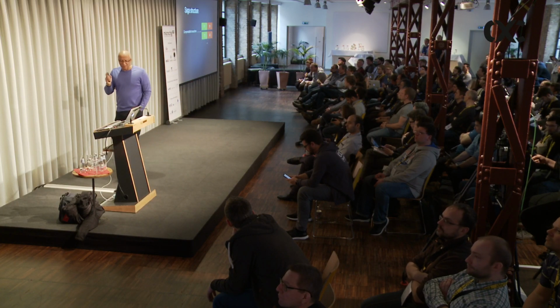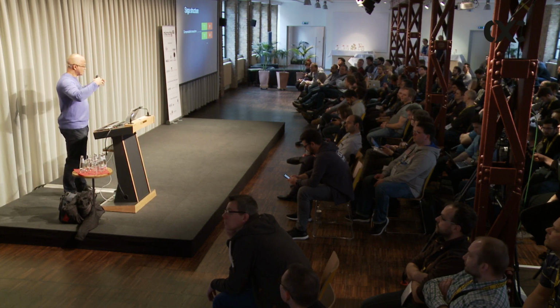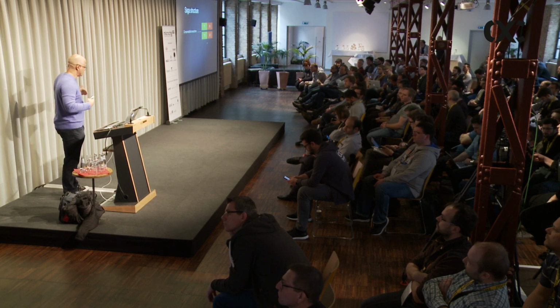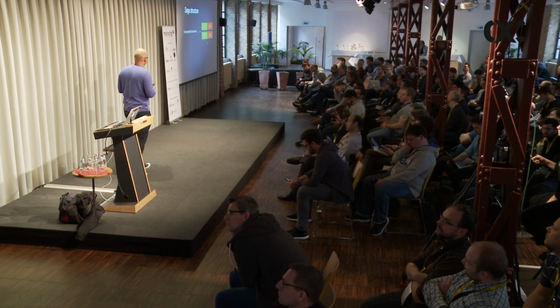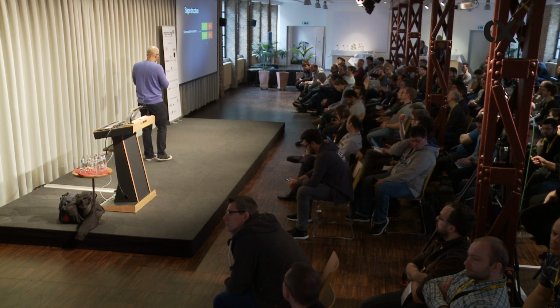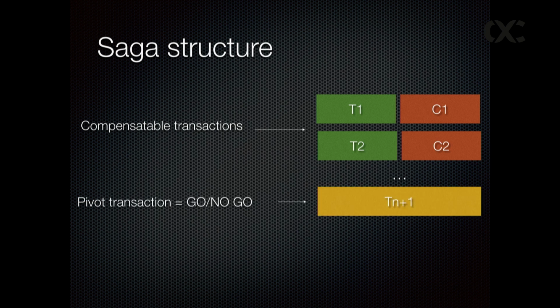So one thing you can do, the other thing that this paper introduced was giving Sagas a structure. In their model, the first few steps of a Saga are compensatable transactions. In other words, they are steps that have a corresponding compensating transaction. And then there's what's known as a pivot transaction, which is sort of like a go-no-go step, where if this succeeds, the rest of the Saga is guaranteed to succeed, whereas if there's a failure, then you have to execute